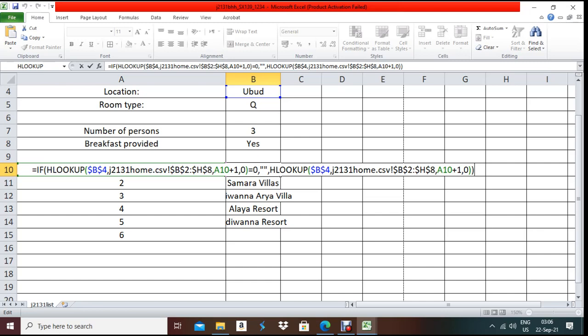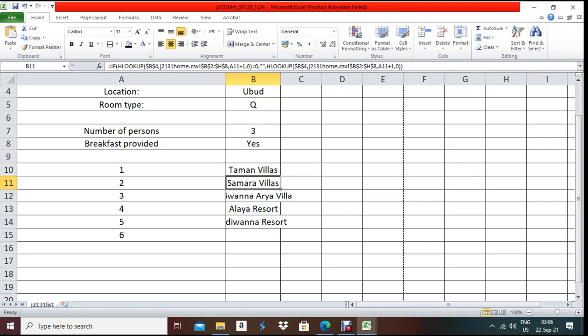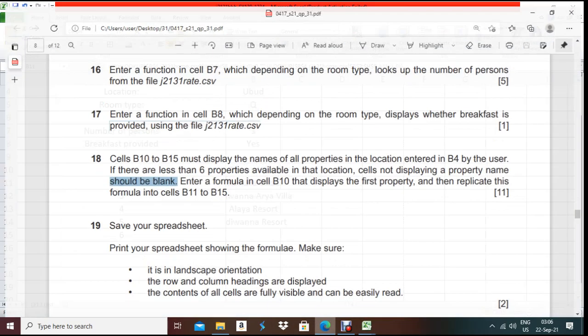So the properties were less than 6, that's why it was showing 0. And if it is 0, it should not show 0, it should show blank according to the question paper. That's why I wrote IF HLOOKUP this formula equal to 0, then comma, then you have to give inverted comma start and inverted comma close. That means I am representing the blank space. Otherwise it will follow the HLOOKUP function. It's very easy. Done. I think you understood.